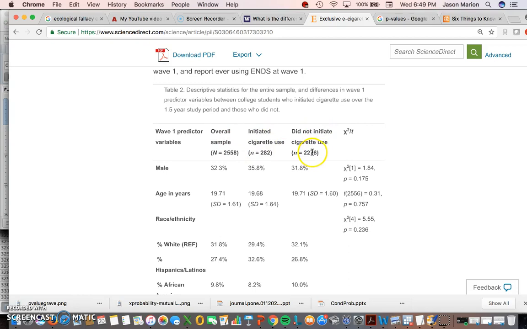So University of Texas at Austin, I believe, is where this study occurred. Smoking among UT Austin students isn't as common as in the rest of the state. Academically, it's a pretty strong institution. It also costs a little bit more. We know cigarette use is higher among low-income persons. Students who go to UT Austin usually have a little bit more money, so they're less likely to start smoking. Needless to say, 282 started smoking out of the